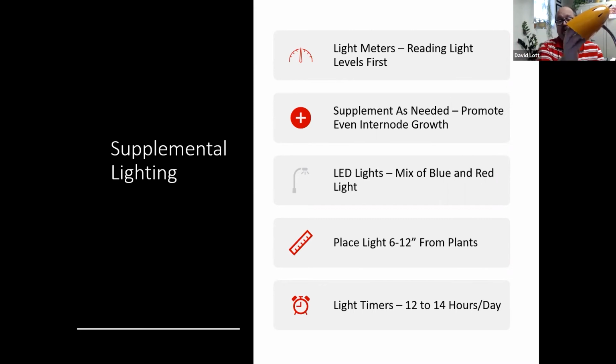You can also put these on timers. You can do the regular timer that you put into an outlet, or like John just said, put into one on your phone where it controls how much light you need. So we usually talk about having 12 to 14 hours of light supplementing to go. And it's good to turn them off because we need 6 hours of dark. So we don't want the lights on all 24 hours. We want to have that mixed. So we need to have the lights on, and we need to have at least 6 hours off.